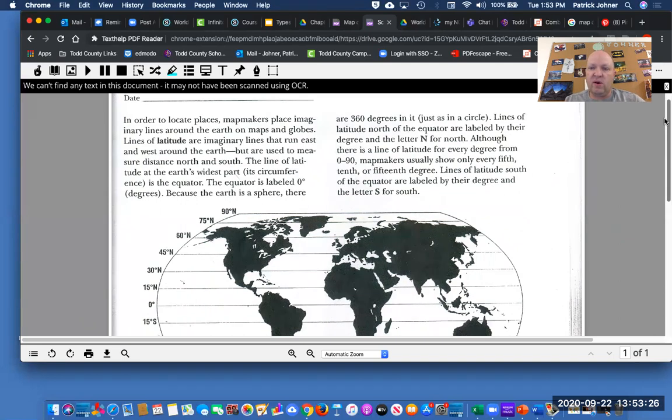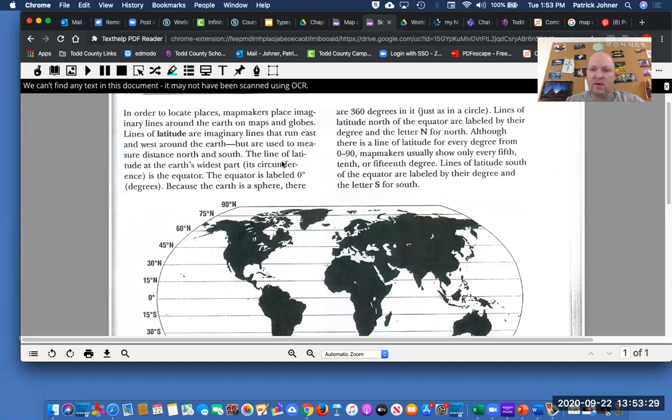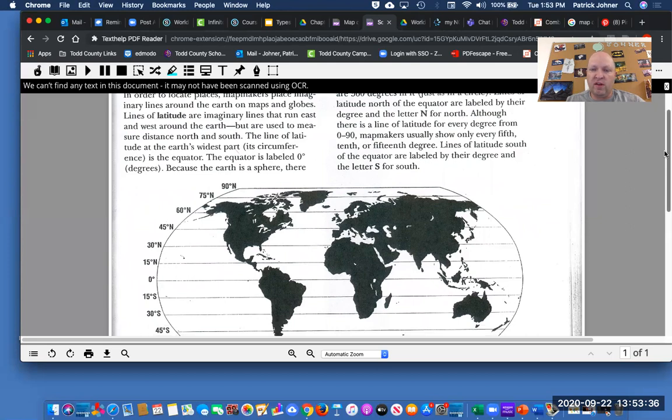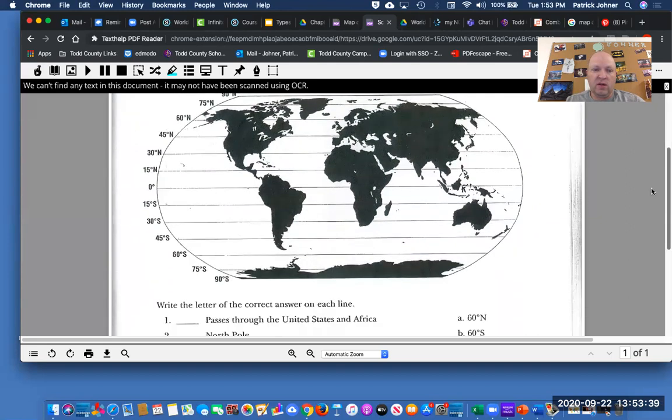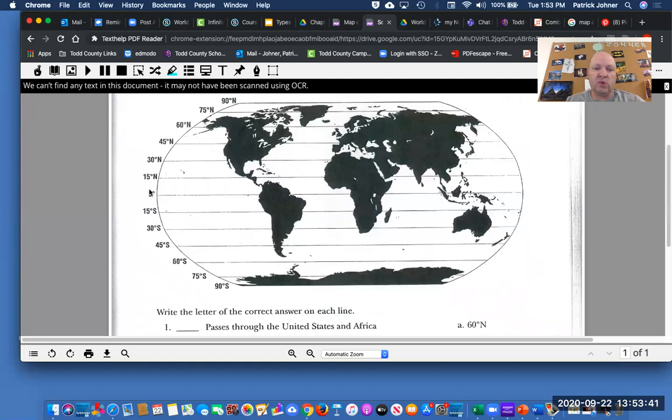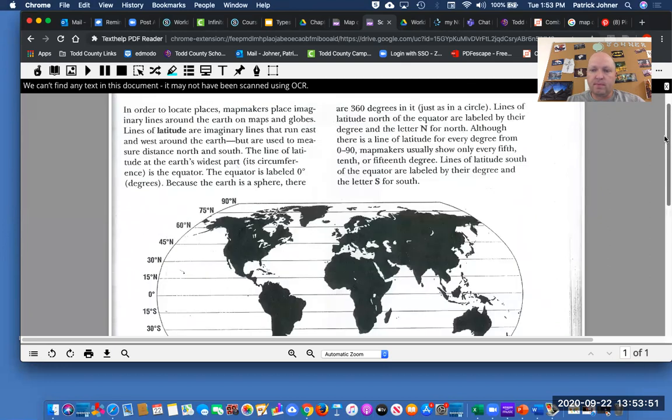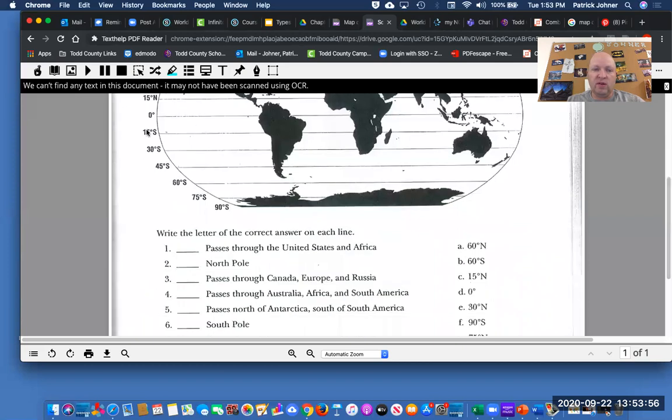Lines of latitude north of the equator, like I said, are labeled with the N. Although there is a line of latitude for every degree from 0 to 90, most map makers show only every 5th, 10th, or 15th degree. If you notice on this one, it goes 0, 15, 30, 45, 60, 75, 90. So it goes by 15s, and most do with latitude. And like I said before, lines of latitude south of the equator are marked S. So that's just kind of an overview of what latitude is again. But let's go over